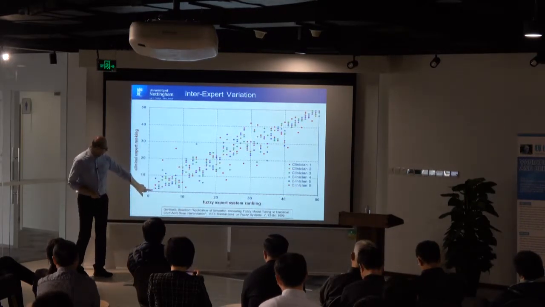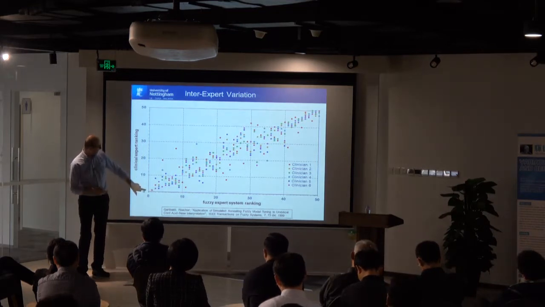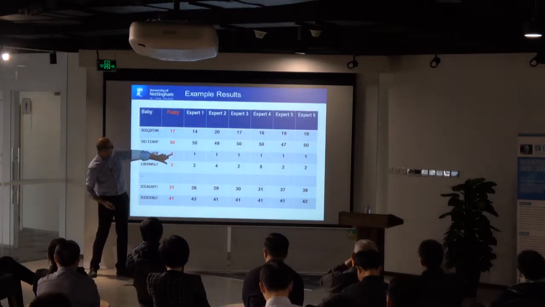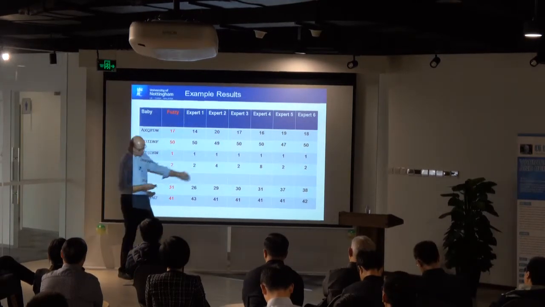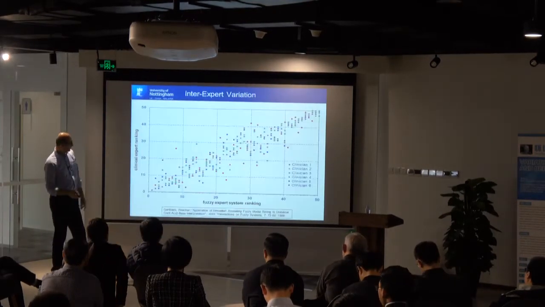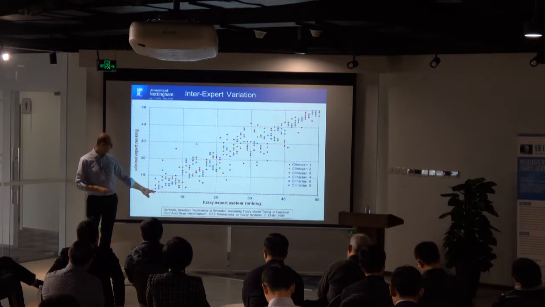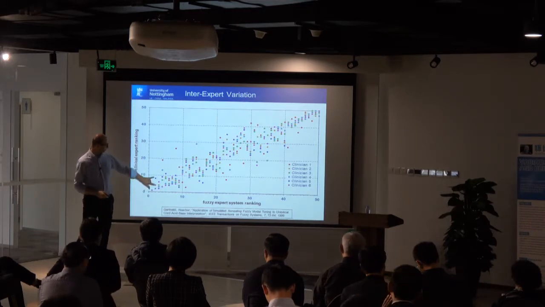So actually this dot here, you can't see it, but there's 6 dots on top of each other, because baby number 1, at position 1 on that graph, all 6 experts also said it was number 1. So there's 6 dots there. This is baby number 2, what my system said was the second sickest baby. There's actually 4 dots on top of each other there at baby number 2. And then there's one baby number 4 and one expert said baby number 8.